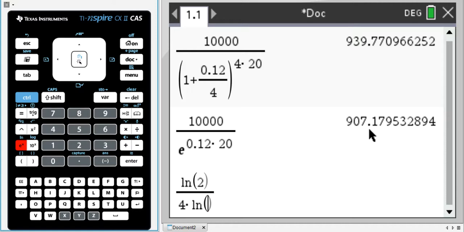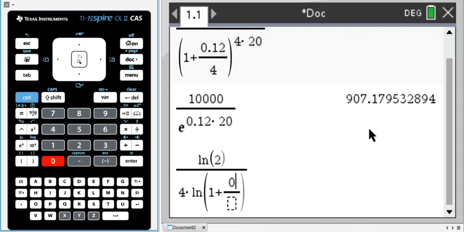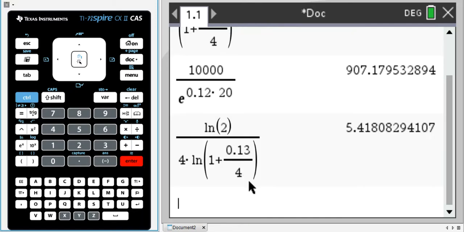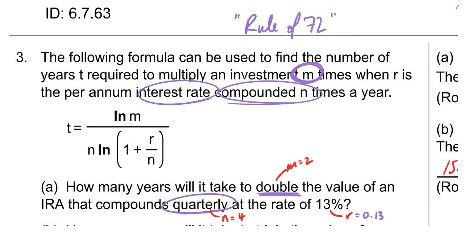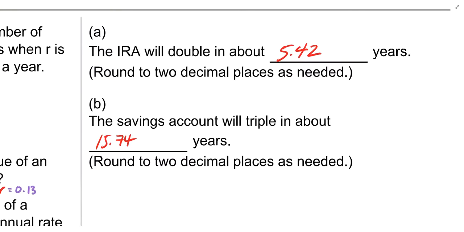We multiply by the natural log of 1 plus the rate divided by n. So the rate in this case is 0.13 for 13%. And again, we are compounding our interest 4 times per year. So each time we compound the interest, it's worth 13% divided by 4. So I think this expression matches what was given to us in MyMathLab. And when I press enter here, we get a result of 5.4181. And I would call that 5.4181 normally, but in this case, since the instructions did say to round to 2 decimal places, we'll call that